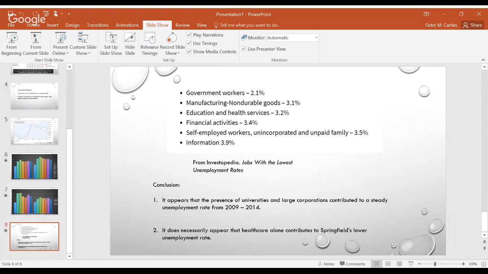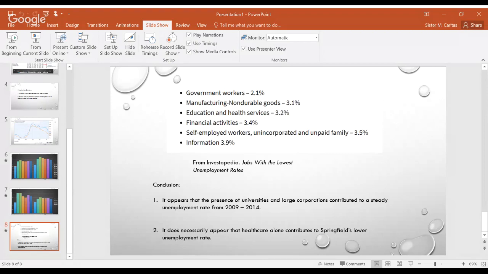Springfield, its largest employer is the state of Illinois. Springfield is the state capital, so all the state offices are there. We also have two large health systems, Memorial and St. John's, and Blue Cross Blue Shield. So my theory was that healthcare was related or was the driving force behind Peoria and Springfield's unemployment rates, but it doesn't appear to be that way. Peoria has much more manufacturing, which can be unstable at times, and Springfield has the state workers.